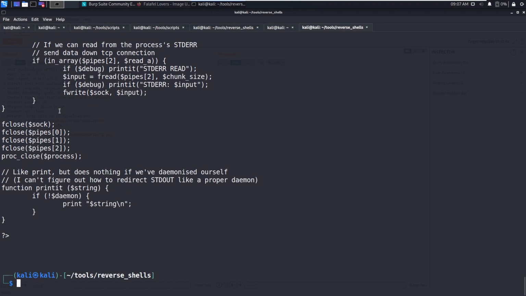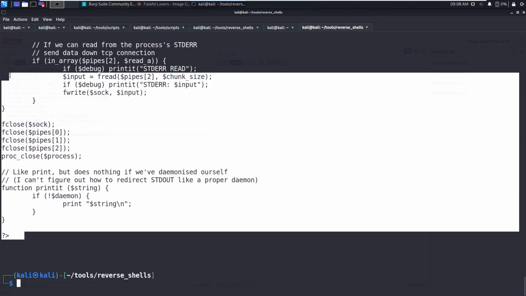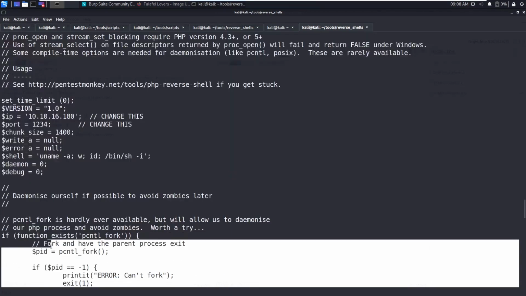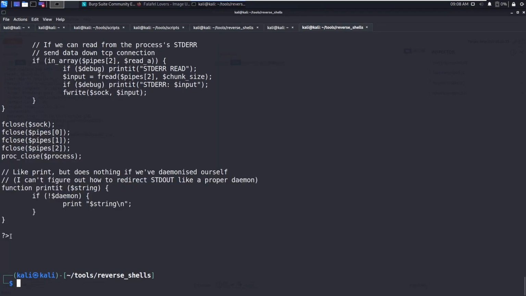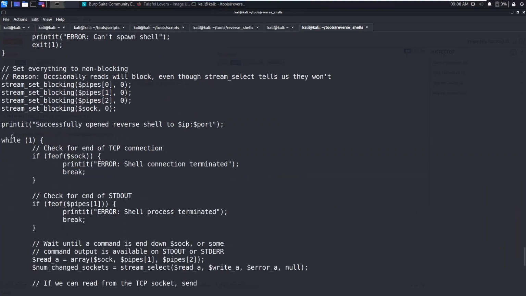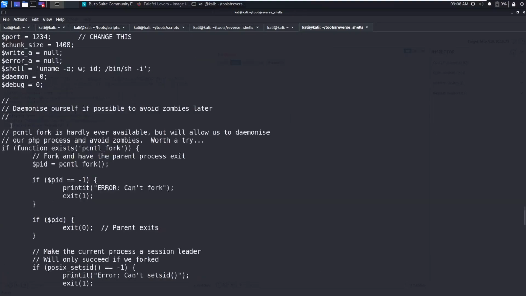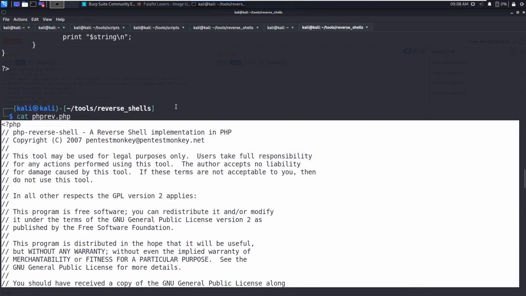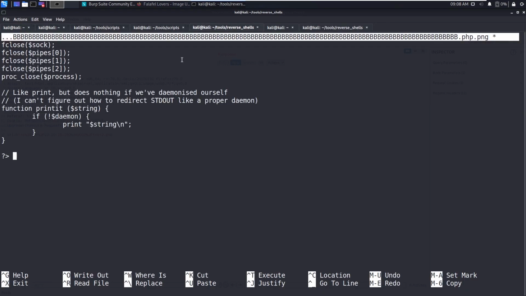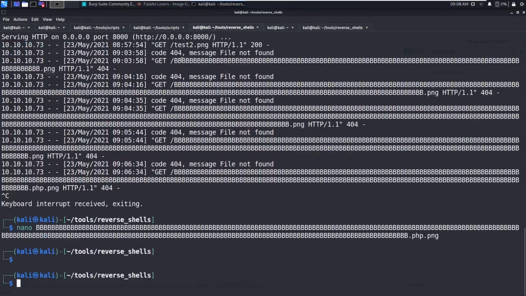Copy all the content, copy this and paste here.